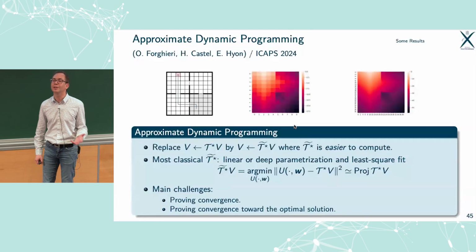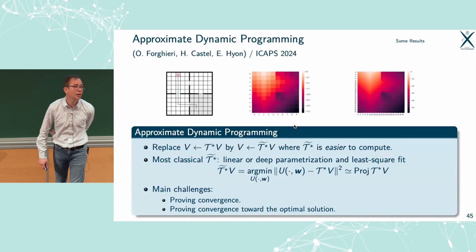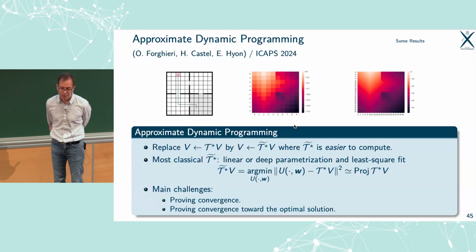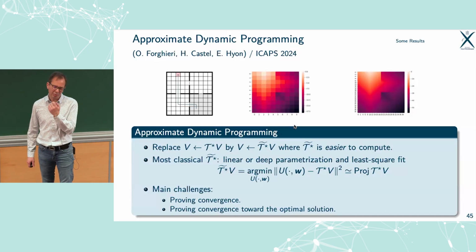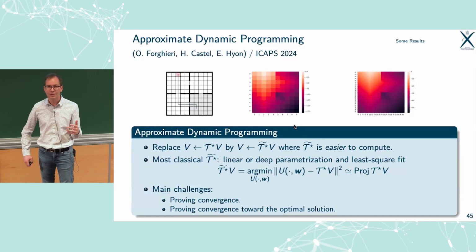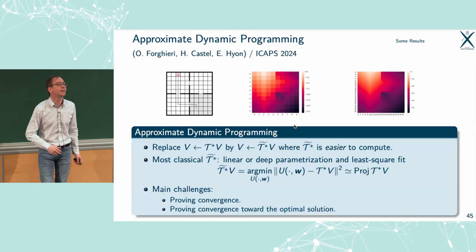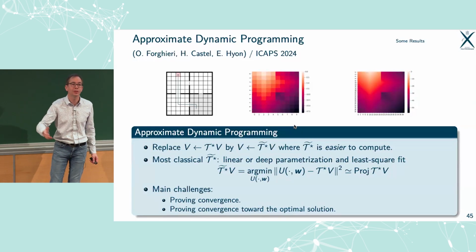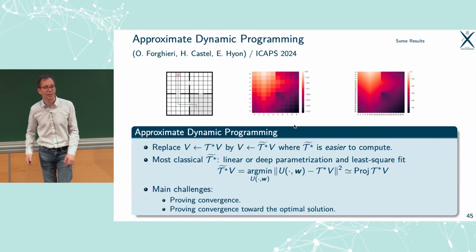Another thing that you can do when you're working in the field is to say, okay, can I do something better? And this is what Gary is also doing. He's a second year PhD student working with Inde Castel and Emmanuel Lyon. And here the idea was to say, okay, can we go back to a very old problem, the MDP that we mentioned from the beginning, and work on numerical solutions of this MDP problem. I've said that this is not practical in any situation, but there are still cases, particularly in network optimization, in which the size of the matrices is okay so that you can do this in practice.